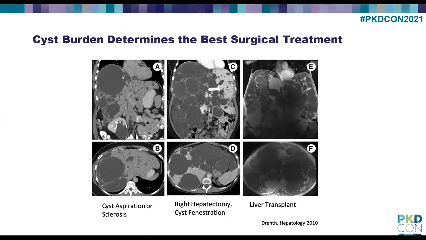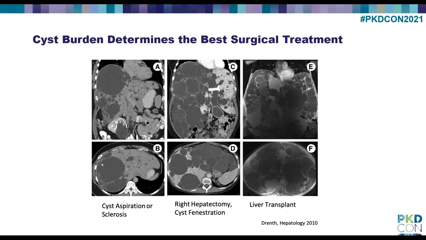So here's a liver, and you can see most of the cysts are in this one side of the liver. If you look at this, you can see that this person has one very large cyst in the liver here, but the rest of the liver looks really pretty good. And that's distinctly different from this person who has a lot of cysts in the liver. This part of the liver looks fairly normal, but it's sort of a remnant compared to everything else that looks large and cystic. And then in this person, it's very hard to see normal liver architecture because there are so many cysts.